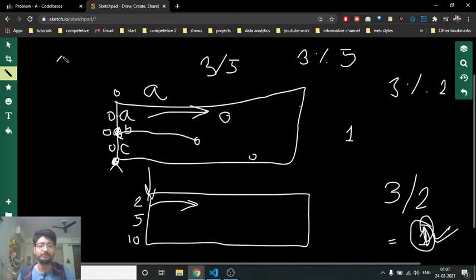But if I do 3 mod 5, it tells that this person has gone some amount, and because 3 mod 5 will give you 3, which means that this person has gone 3 seconds in the swimming pool. Okay, but now after how much time this person will come to the starting point? Obviously it takes b amount of time to go from start until end, and this person has already done